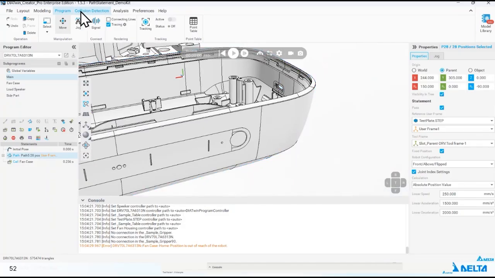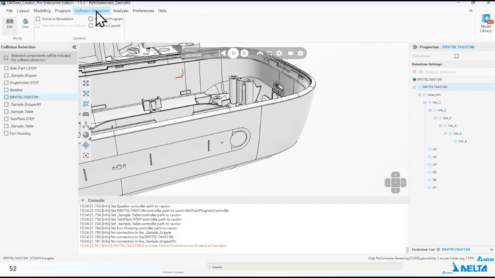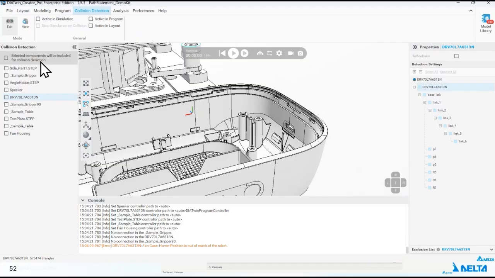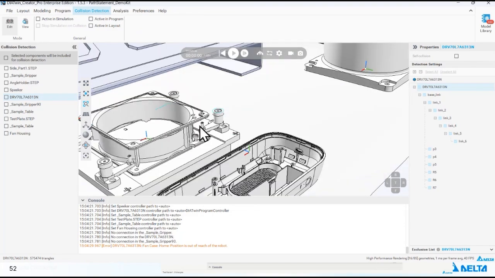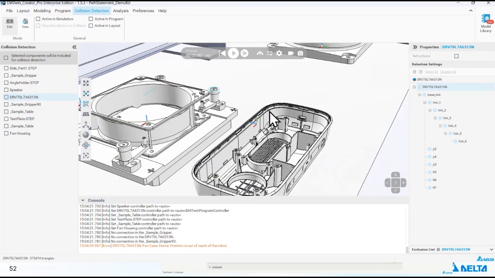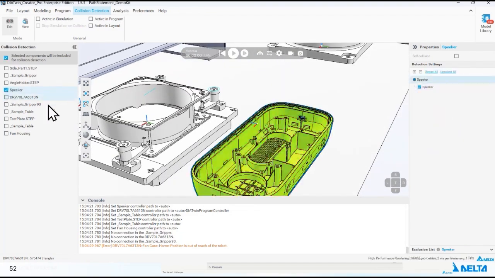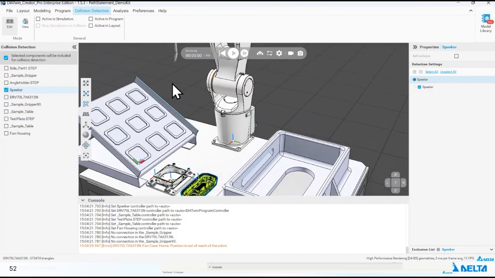I can use the collision detection function over here. We can click the collision function, and then I want to process this one. This is the speaker, and I also want to check with the tool head. So this is the tool head, and I want to have a collision detection result in simulation mode and also